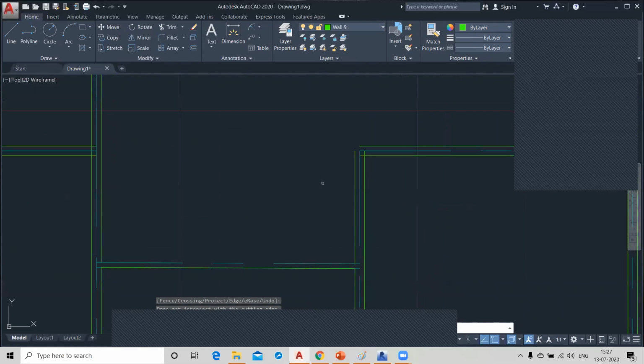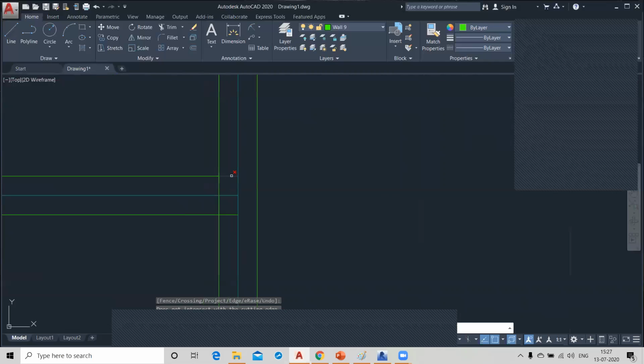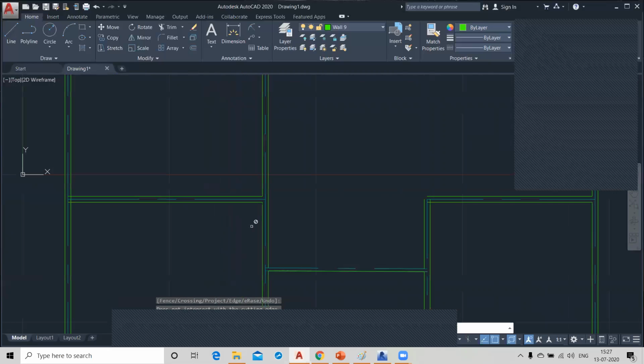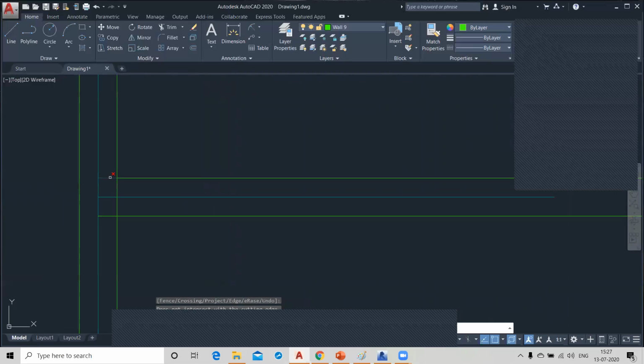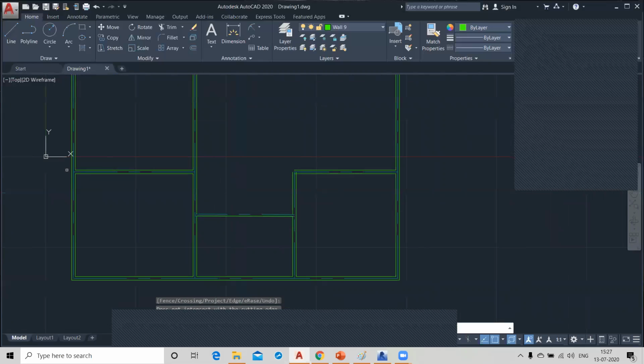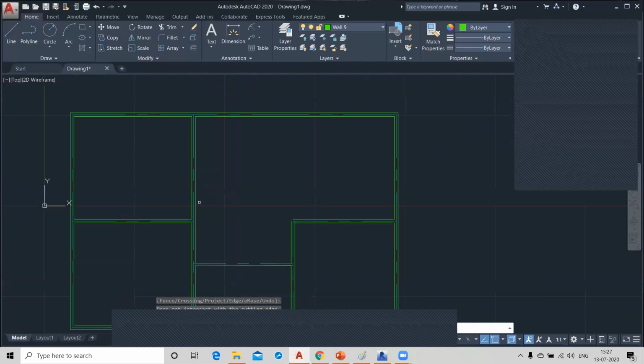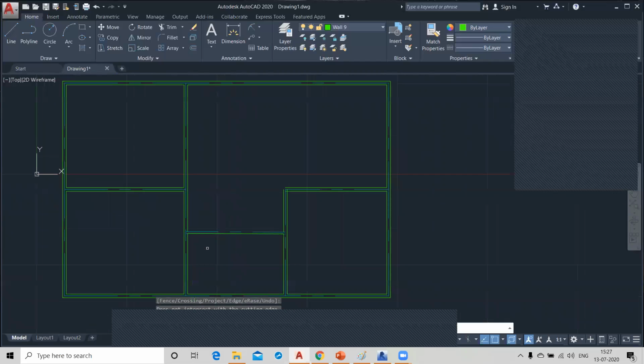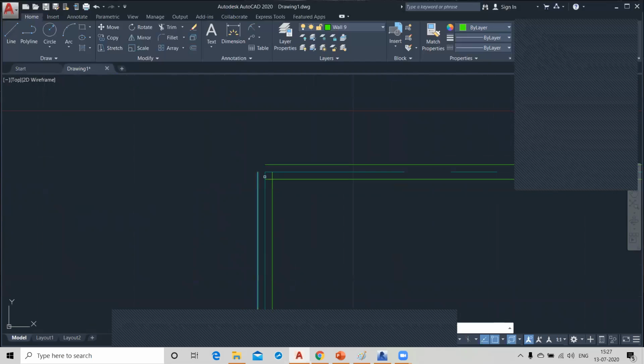Why do we use the central line between that 9-inch wall? Just to draw the center line diagram. That's not compulsory, but I make you understand that you can draw like this also. So it is not any necessity. Yes, this is not necessary, but you can have this for your working plan also. It is helpful while you are laying out